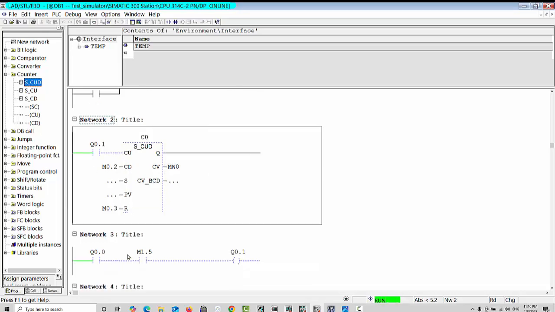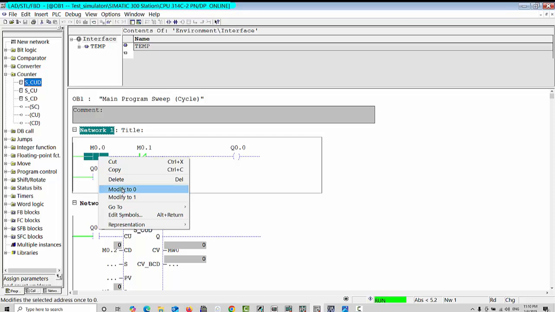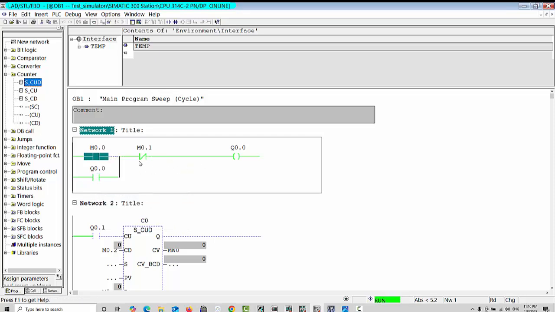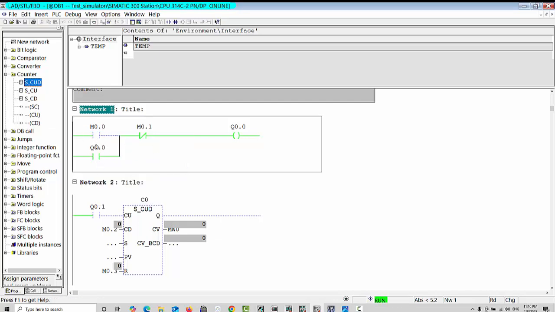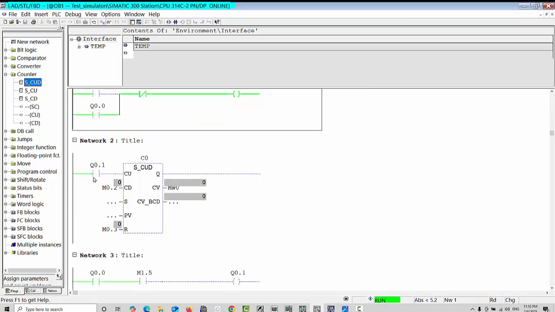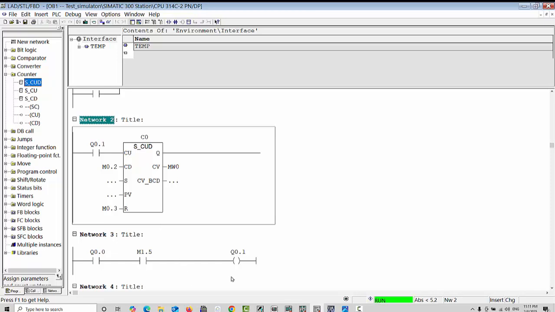So now first we will check our program. M0.0, I will make it on, and now it's again 0, off. This holding is okay, and here Q0.1 is on, and M1.5 is not giving the signal. Why is it not giving the signal? We have to check again. Stop this one